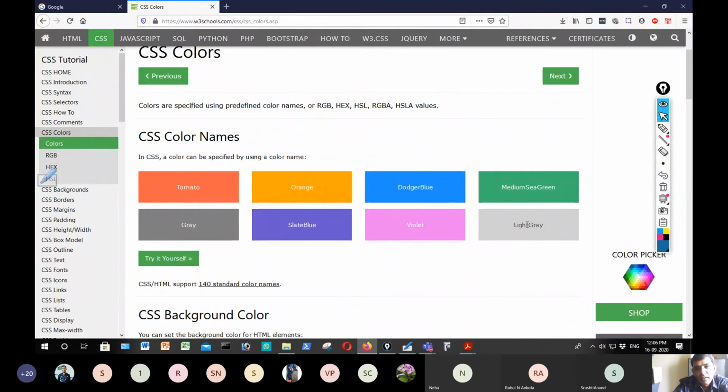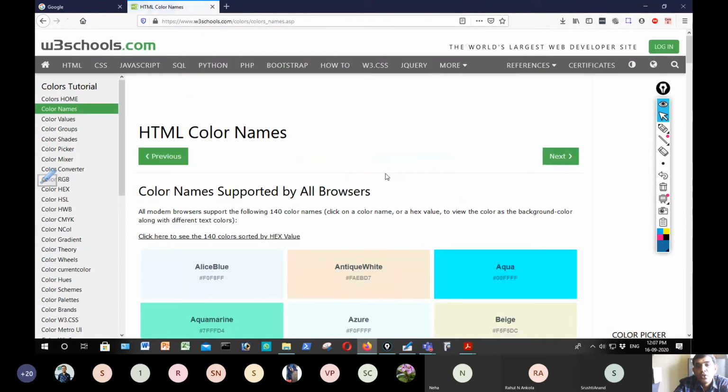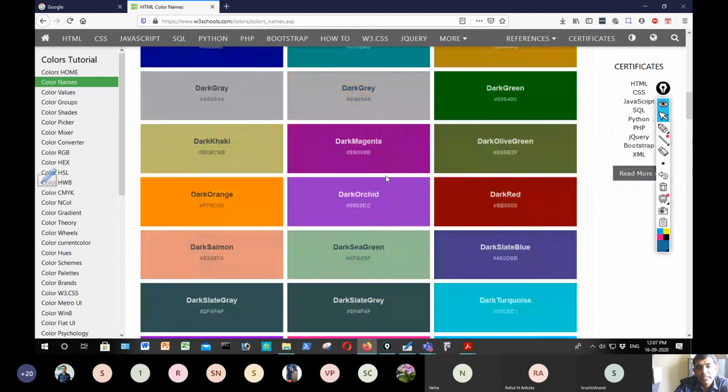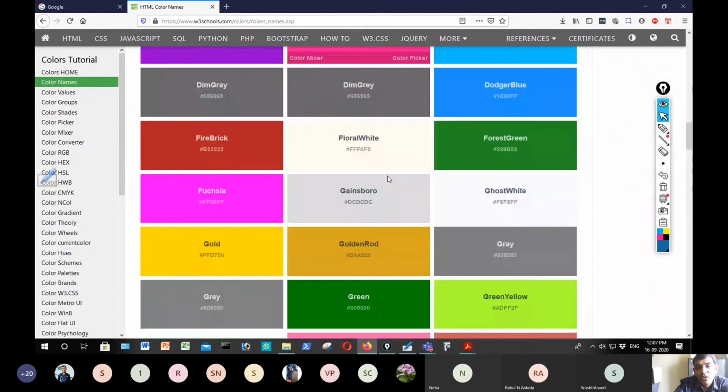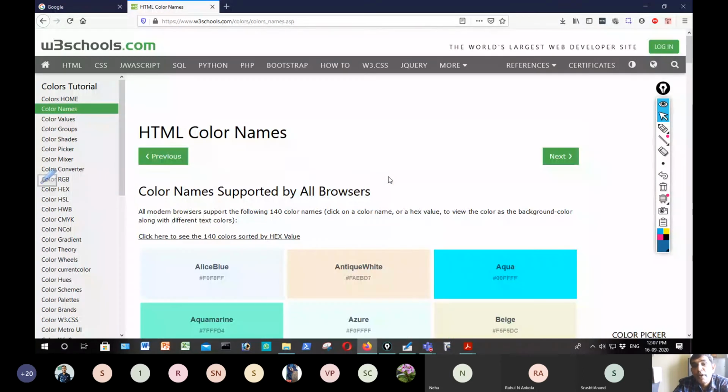Many colors are there, and HTML supports 140 standard color names. So these are the 140 standard names supported by CSS3. Every color name will also have a numeric equivalent value, which I will come to.